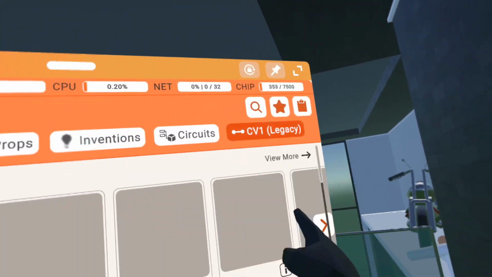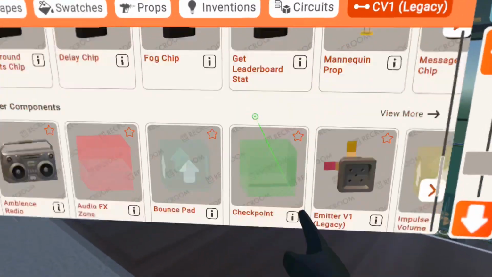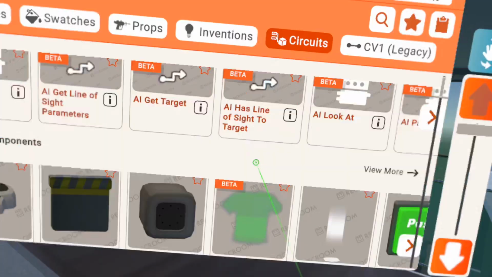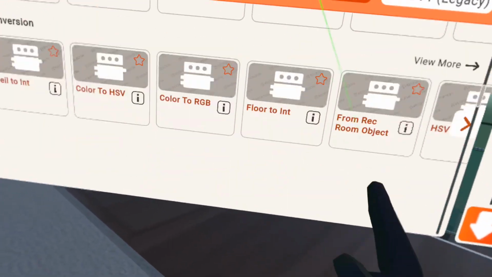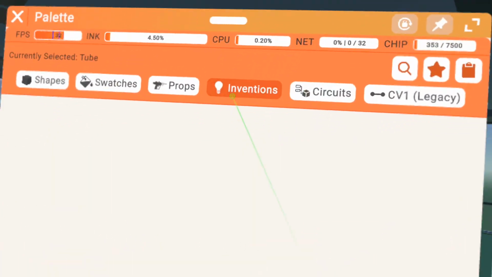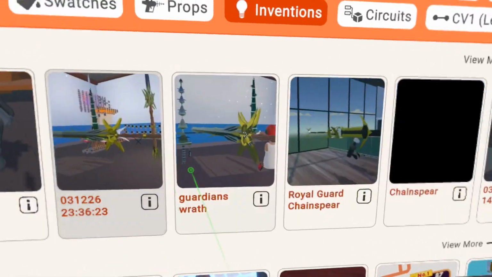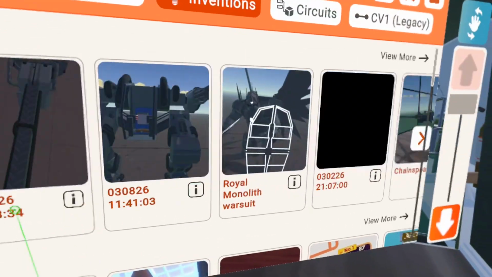I'll show you a few of the things around here. So, CV1 legacy, it shows you all the legacy chips and all that. Circuits is all of the normal circuits like CV2. Inventions is all your pre-built inventions. Well, just spawn in,